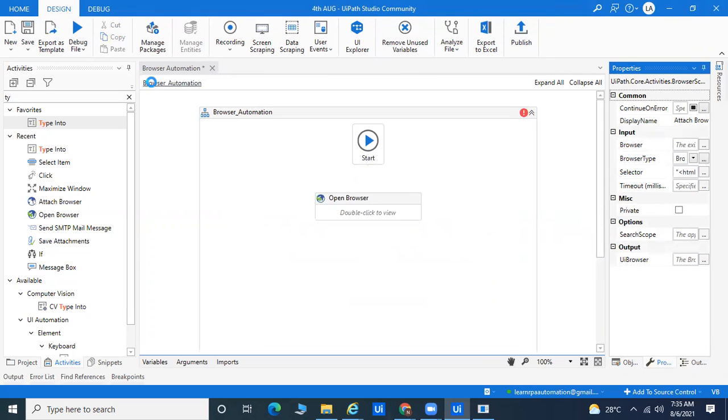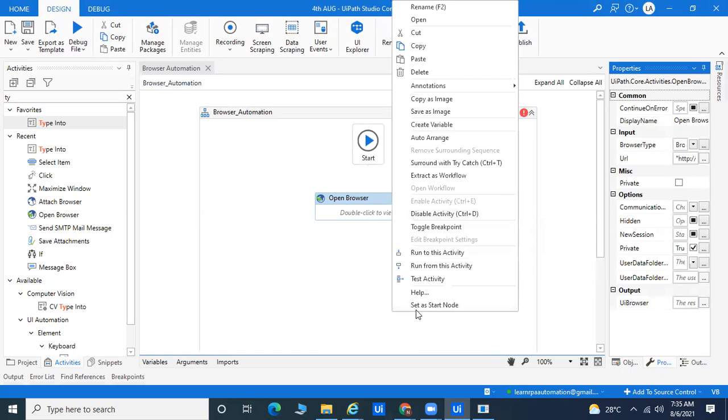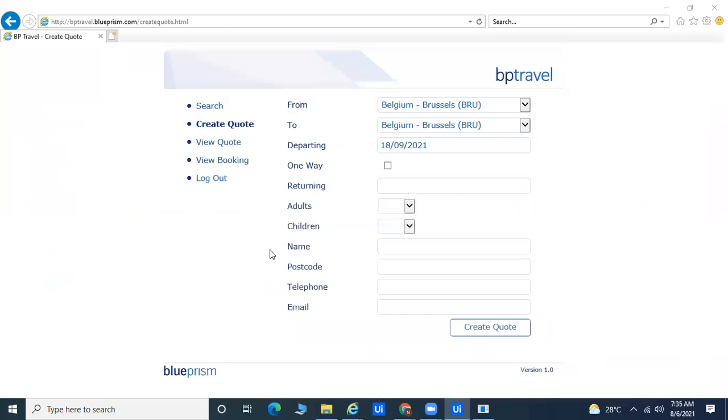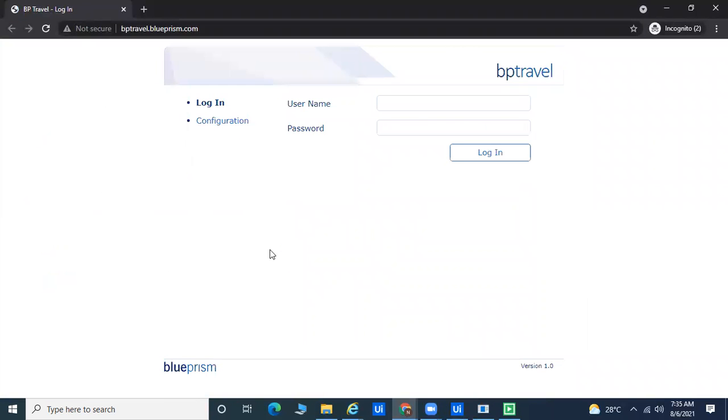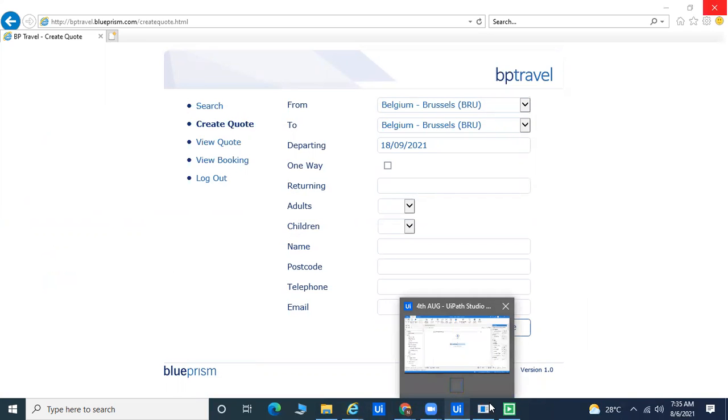There, attach browser will come into the picture, and we also have attach window. I will show you what the attached browser and the window are. Attach browser is especially for your browser, like Internet Explorer or Google Chrome, for attaching to the same screen. If you go for a different system or a different desktop application, I can show you right now.